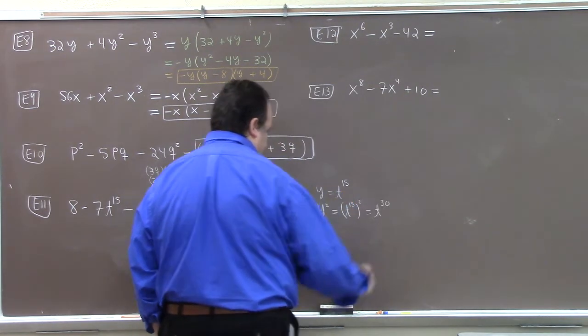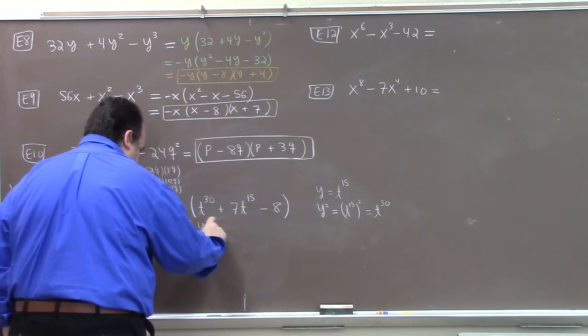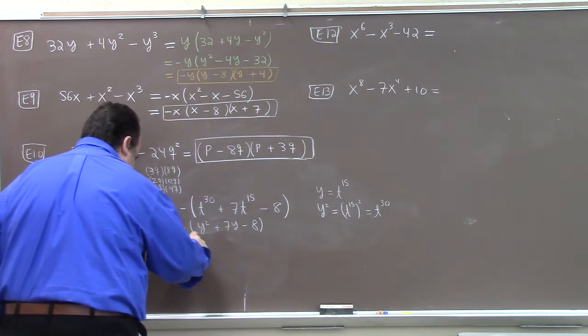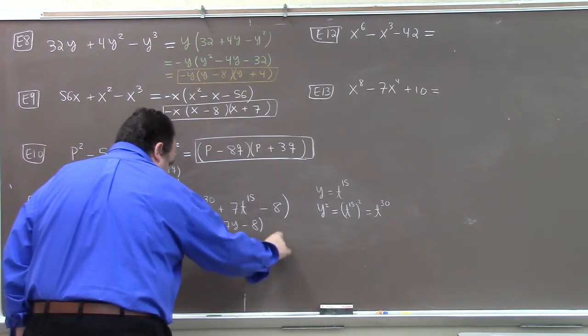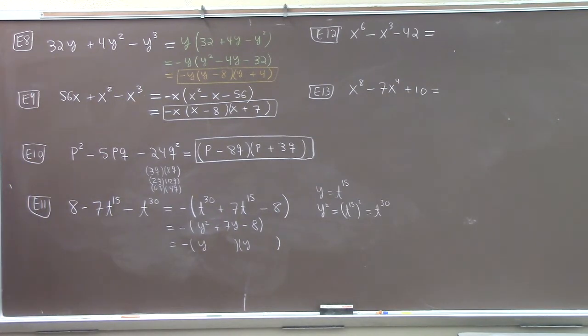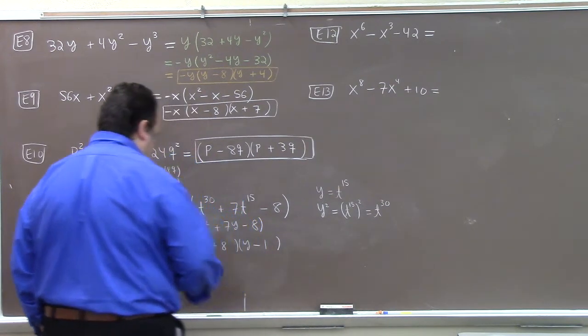It's t to the 30th, right? So what we're really looking at here is y squared plus 7y minus 8. Now all of a sudden it's not so scary, right? Because it said y plus 8 minus 1. Now, of course, our answer shouldn't be in terms of y, it should be in terms of